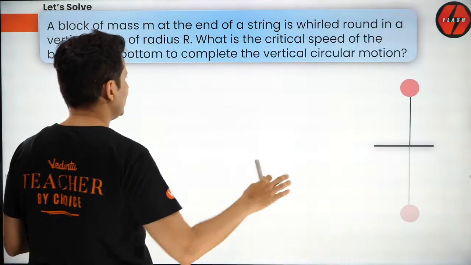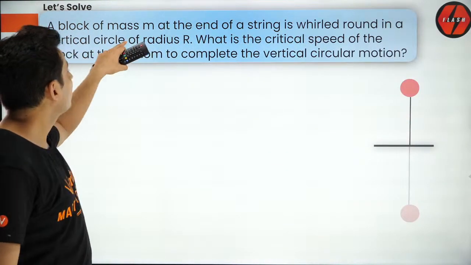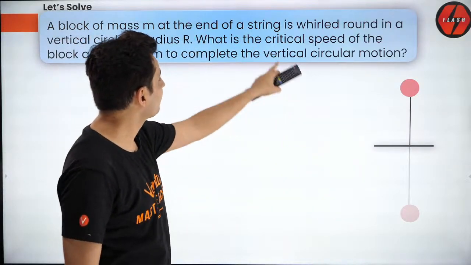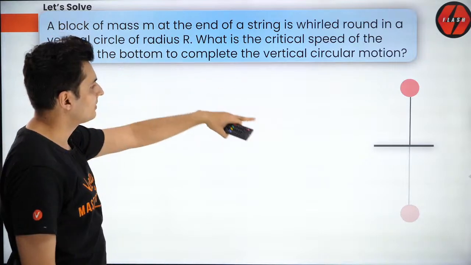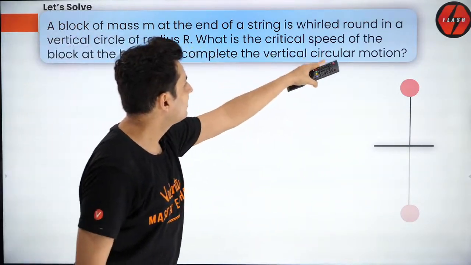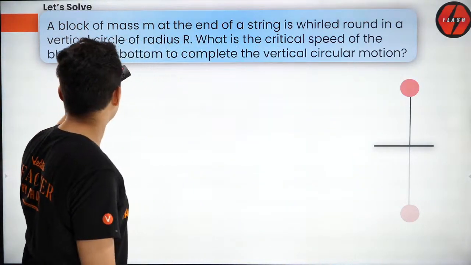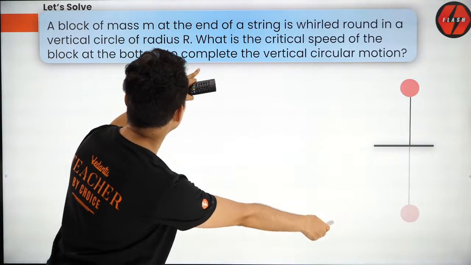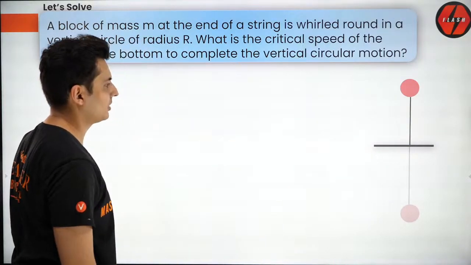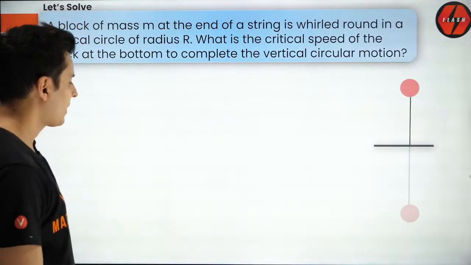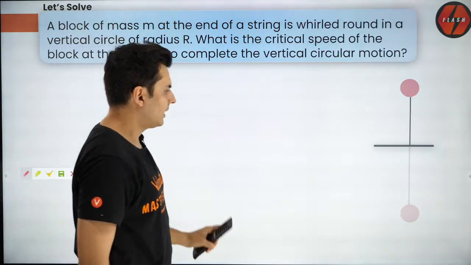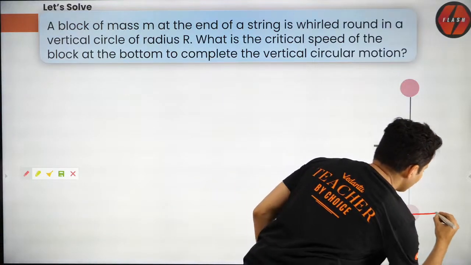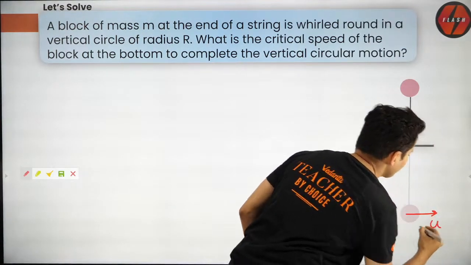Now a lot of people face difficulty in this. A block at the end of the string is whirled around in a vertical circle of some radius r. What is the critical speed of the block at the bottom so that it completes the circular motion? That's the question. So first of all, understand, if I have to give it some speed over here, u, and